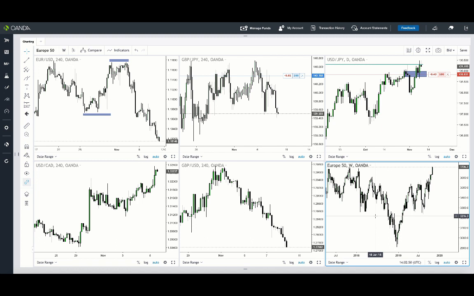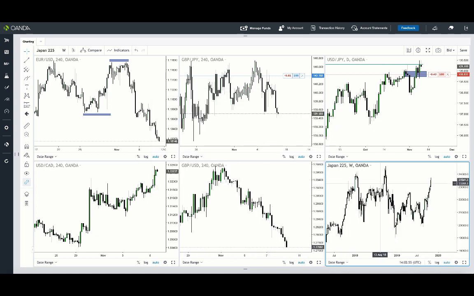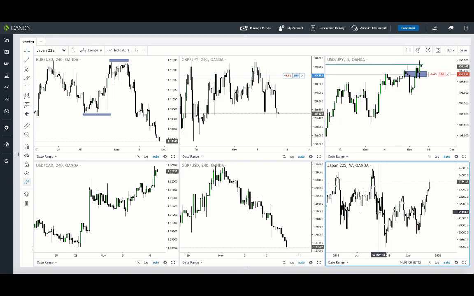All right, so that's that. Let's get the Japan 225 back up. Obviously these names are slightly different on Oanda. They don't always show up like that. The Nikkei index is something you can search on, but it's all the same thing. All brokers use different labels for the indices and pairs and things like that. So it is what it is. Is there anything else that I needed to say? No, that's pretty much it. So we can get into the actual study itself.